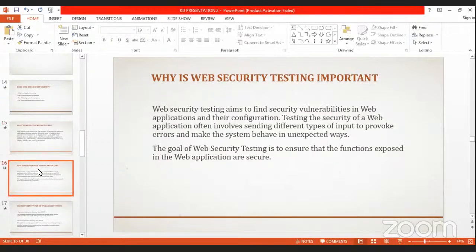Why is web security testing important? Why do we have to test our web application